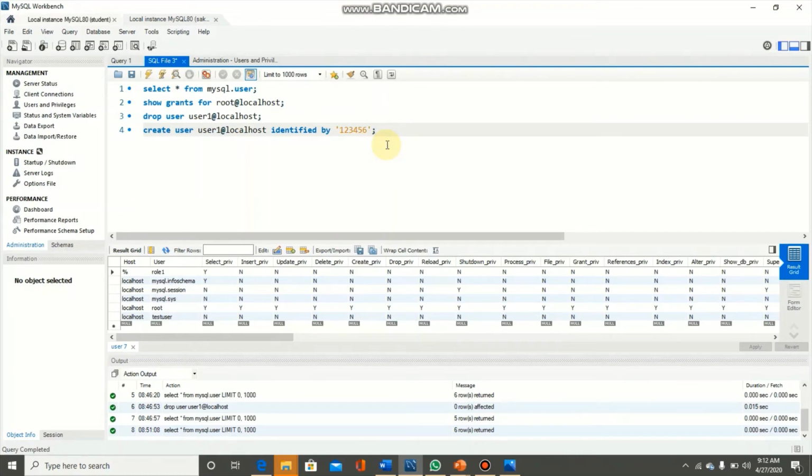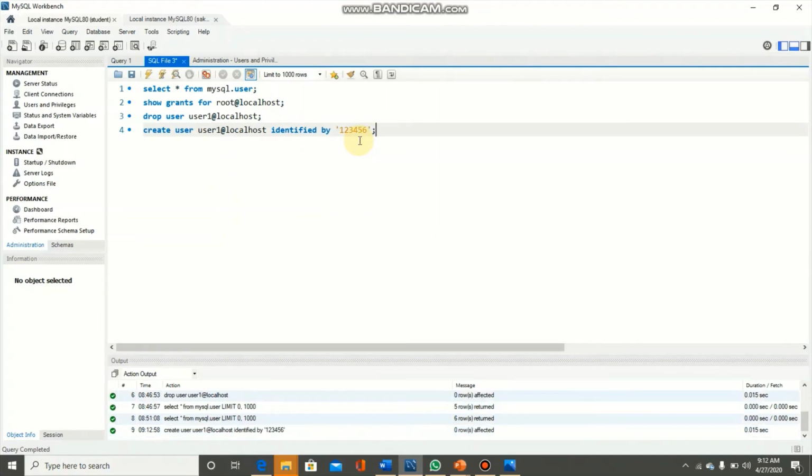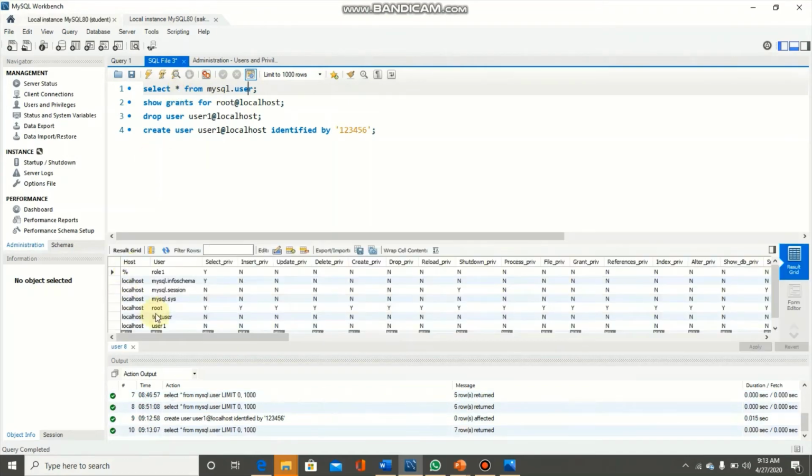So with the help of this command we will create a new user at localhost. The name of user would be user1 and its password would be 123456. This user has been created. Let's check the list of users by select query. Here we have user1 and it has no privilege in the list.